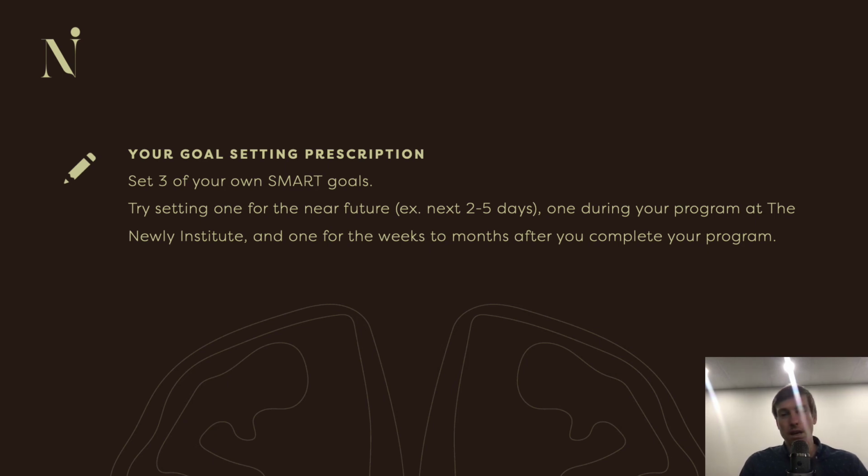So maybe your goal for the next 2 to 5 days is I'm going to exercise twice. Maybe your goal for the program is to, I don't know. Well, you guys will get into it. Follow the SMART pattern. Write it down. Write SMART and set your 3 goals for those 3 time frames. What I'd like you to do is hit the pause button and go work on that right now. When you come back, we'll finish up. So hit the pause. Write 3 SMART goals for the 3 time frames right now. Go.